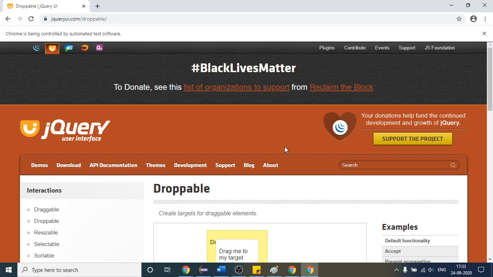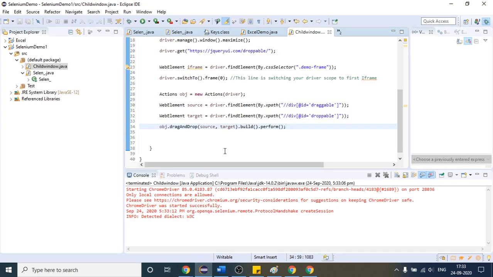Again, I'm saying that you should not miss these two steps. These are very important. This build step will compile whatever action you have provided, because there can be multiple actions in this line. And after that you have to provide this. So this is what I wanted to tell you about the time frame concept.